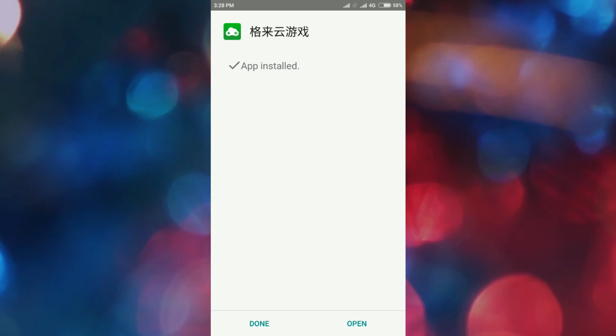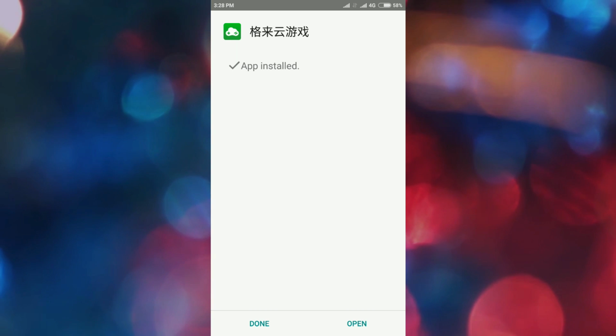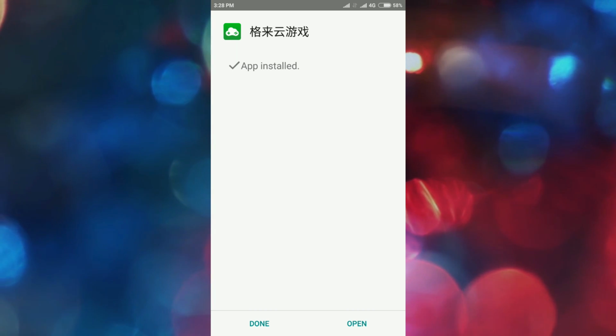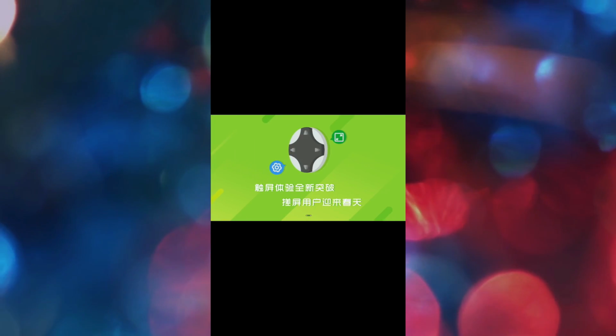And now as you can see, the app is successfully installed on my Android device. So you need to open it, so click on the open button. And swipe right to skip it, and click on the right option.